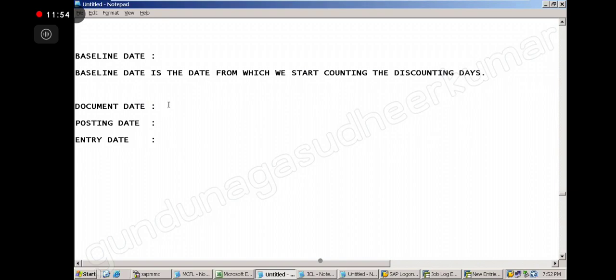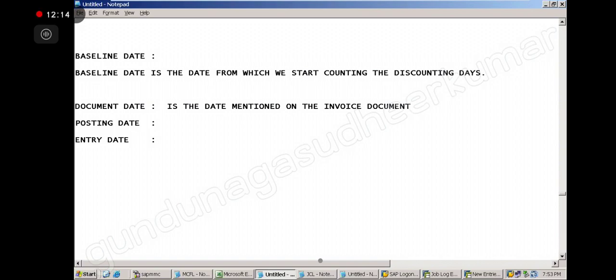Okay, let me give you the definition. Document date is the date mentioned on the invoice document. When the bill comes, he will put a date and send the bill.